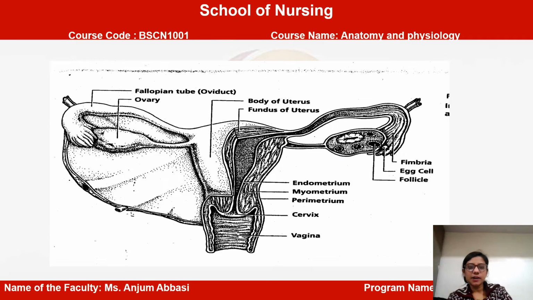So students, in this slide you can see the diagram of the uterus, and on each side of the uterus you can see what is known as the fallopian tube, and this is holding the egg cells. This lengthy projection which is attached directly to both sides of the uterus is known as the fallopian tube.